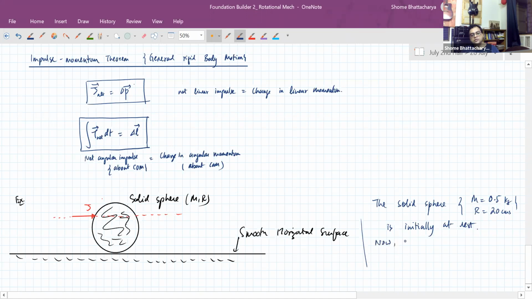Now, at time t equal to 0, a sharp horizontal impulse, the type you would get from an impact, of magnitude, let's say, 0.1 Newton second is applied on it, such that